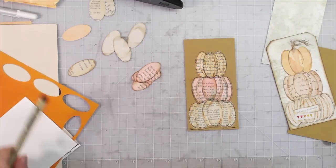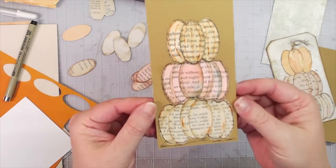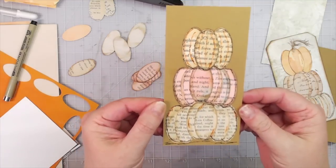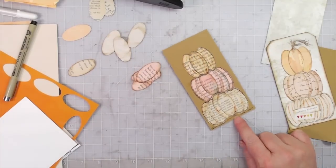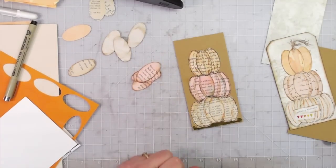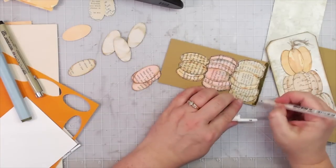Okay, so there's our, oh, I like it. Yeah, I like the black dimension around it. That gives it just a little extra something something. I want to get a gray pen. Oh yeah, I like that. And maybe put a little bit of